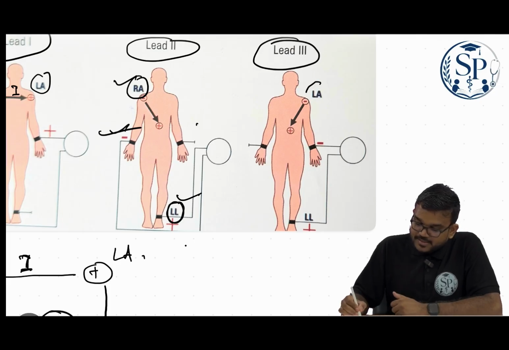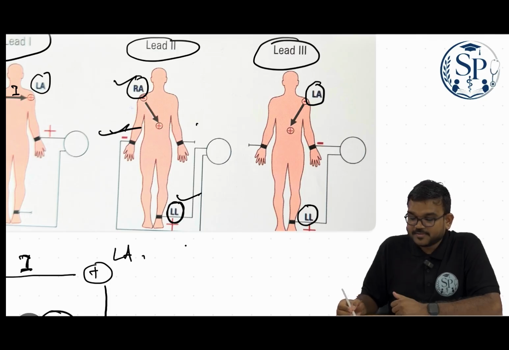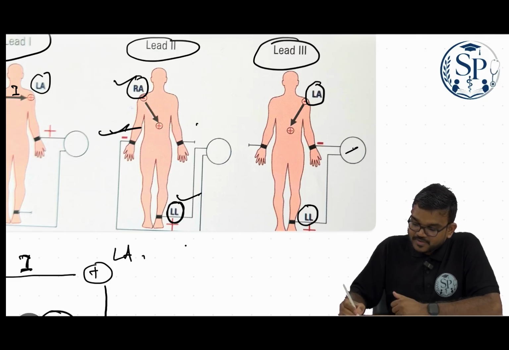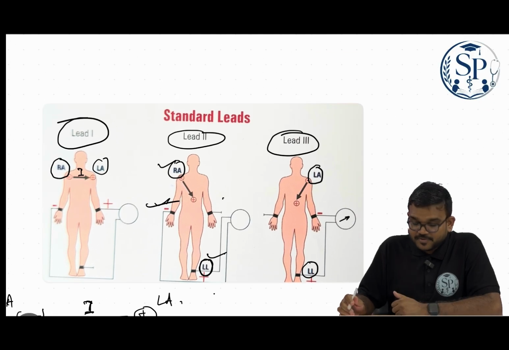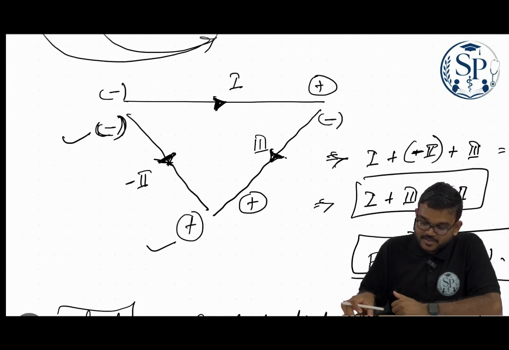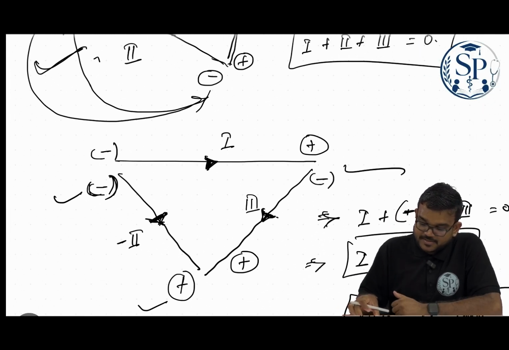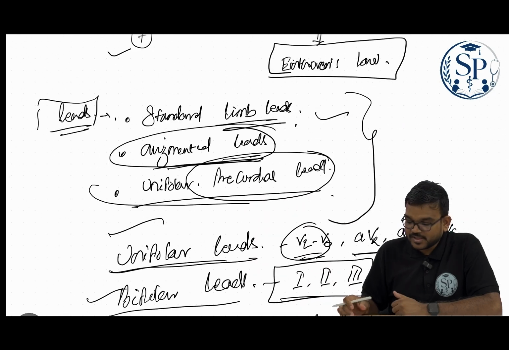And lead 3 is between the left arm and left leg. Similarly, the negative end is attached to the negative end of the galvanometer and the positive end is attached to the positive end of the galvanometer. Accordingly, it has been described here. Okay,